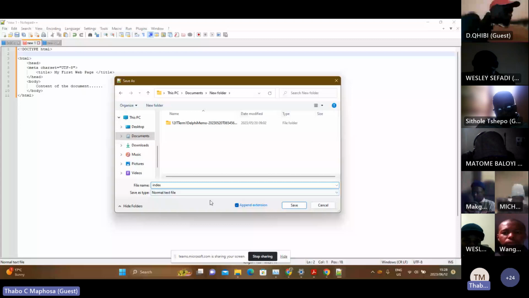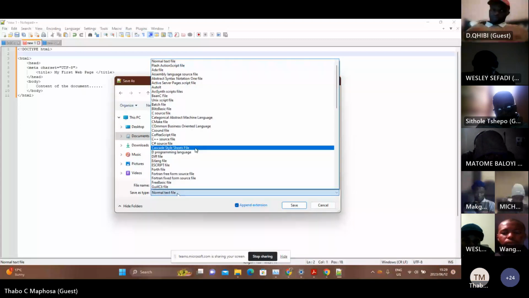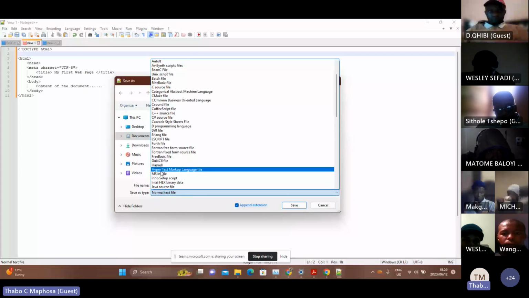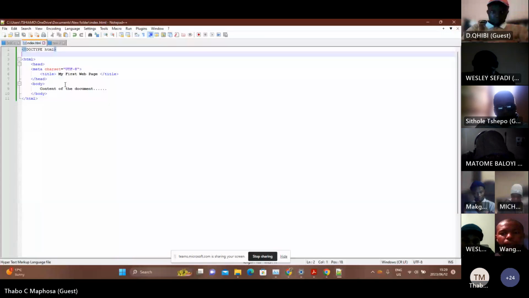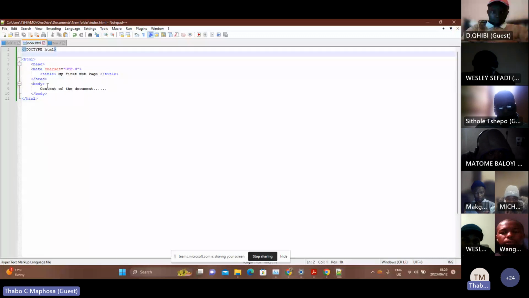Then I'll scroll down. Okay, my computer is acting up now. Well, save as, notice here, save as hypertext markup language file, which is HTML. That's what it is. So I'm going to do that. And then when I do that, notice what's going to happen. Look at the text, it changes color. You see that? So now my computer has understood that, oh, okay, I'm working with an HTML website. Simple like that.